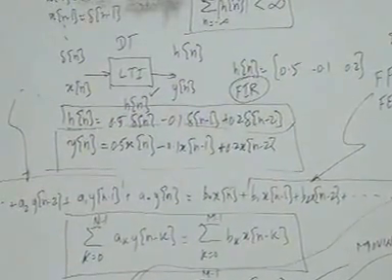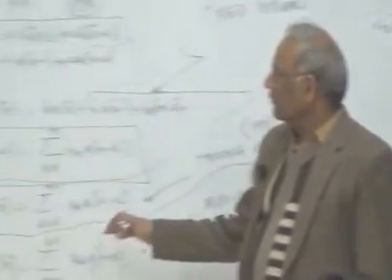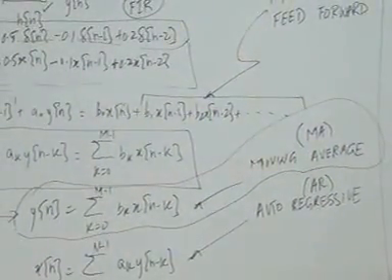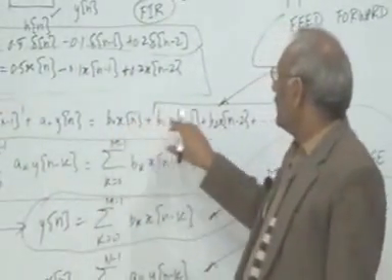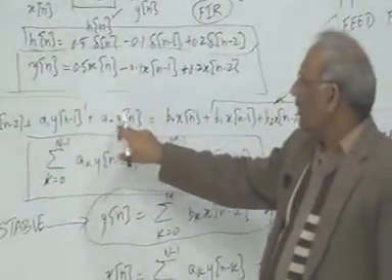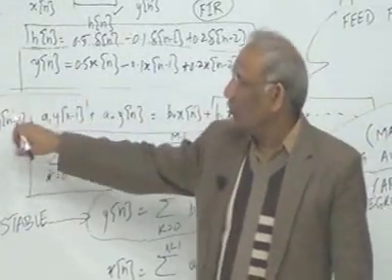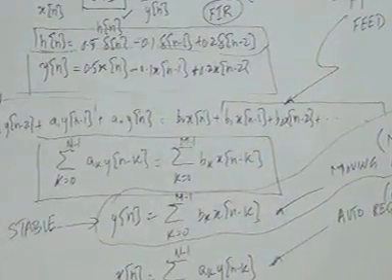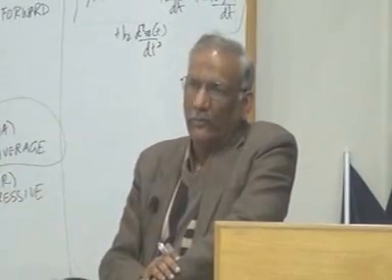The second thing: if we are given an autoregressive type of system, which has just feedback terms, then we cannot do this. Why can we not do this? Because if you replace x of n with delta n, the right side will be delta something and the left side will become h of n, but the feedback terms become h of n minus 1, h of n minus 2, that type of thing, and it will not give you a single h of n. So we cannot really compute h of n this way.